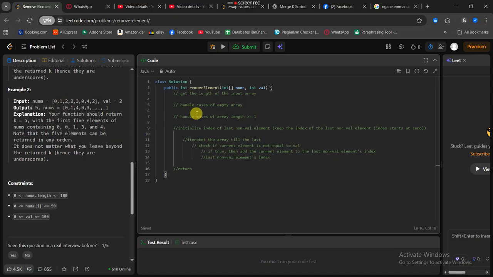We need count because we have the index here. The index is going to be the first one. If there is nothing there, then it's 0, right? Then the element 0, so it's 0. The index is 1, the element is 1, the index is 2, the element is 2, the index is 3,